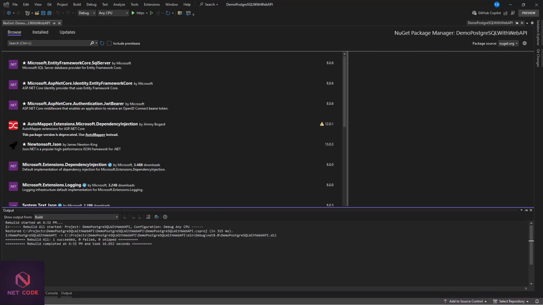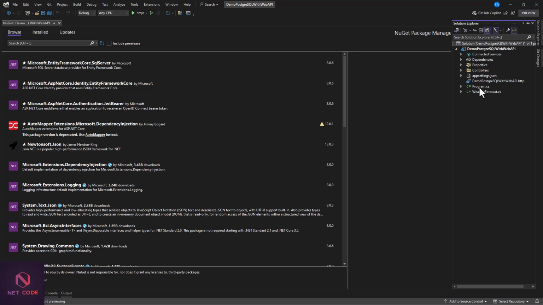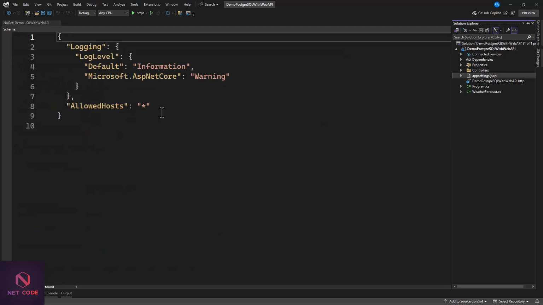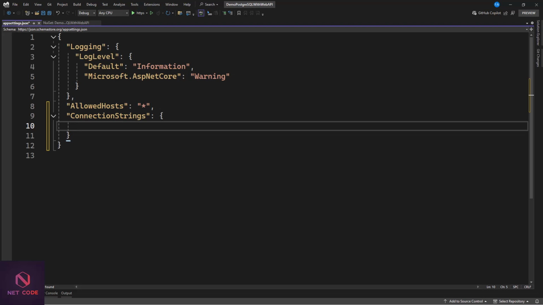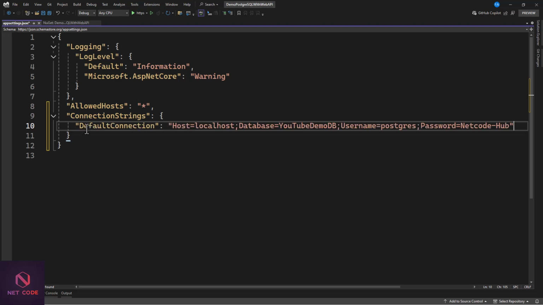So once we have this built successfully, and you can see we have one succeeded, what I'm going to do here is go to Solution Explorer, and now from the appsettings we need to create our connection string in here. So I'm going to click on this, the next one, then I'm going to specify our connection strings. Then for connection strings I need to specify a section in here, and the name of this section is going to be Default. So you can see you have DefaultConnection, and now here we need to specify the